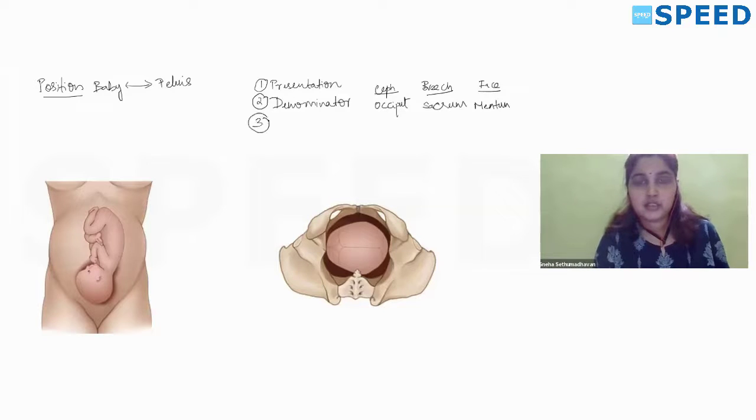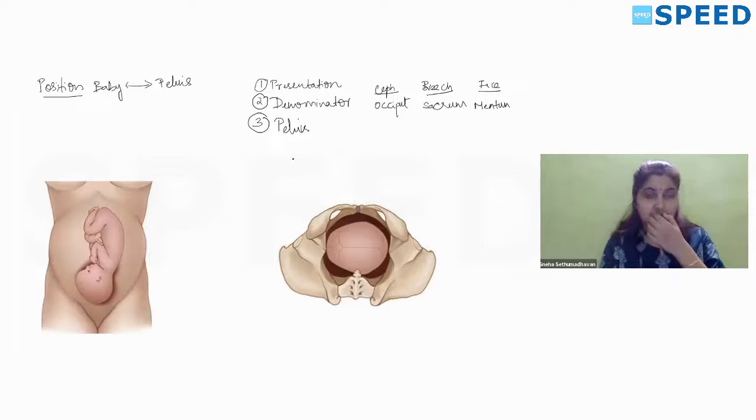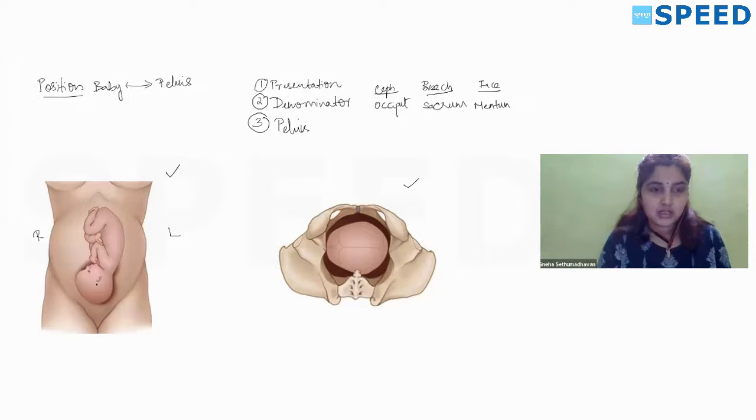All right. And third is, see how this denominator is placed in relation to the mother's body or mother's pelvis. Now, this question can be asked in 2 ways. First is a picture like this, where the entire body of the mother can be given, or the other type can be, you're seeing from the foot end of the patient as if you're conducting the delivery. So there are 2 ways it can be asked, and you can be asked to assess the position of the baby. So here, if you orient yourself, this will be the mother's right side, this will be the mother's left side, and this is cephalic.